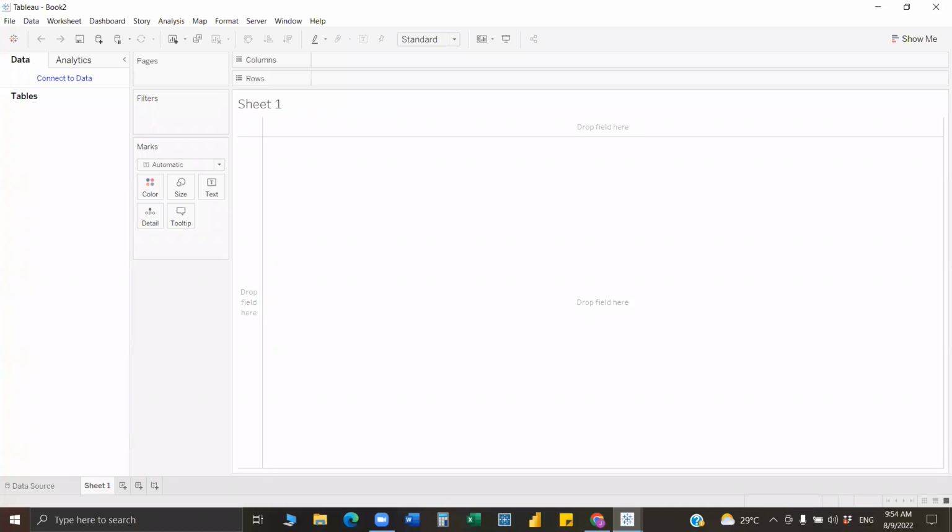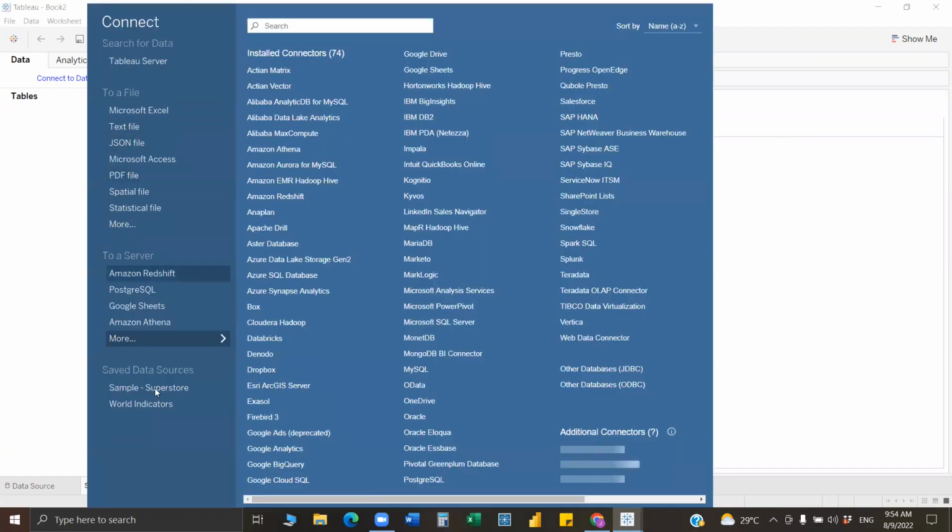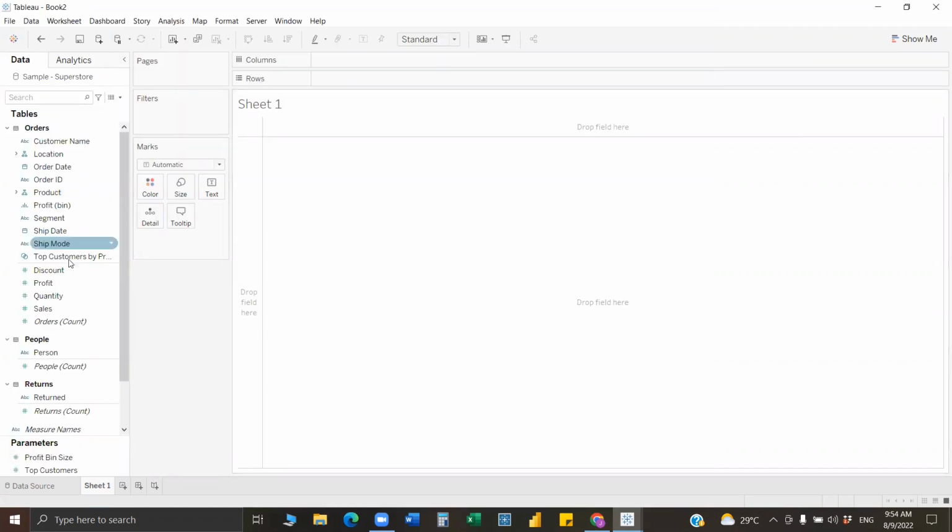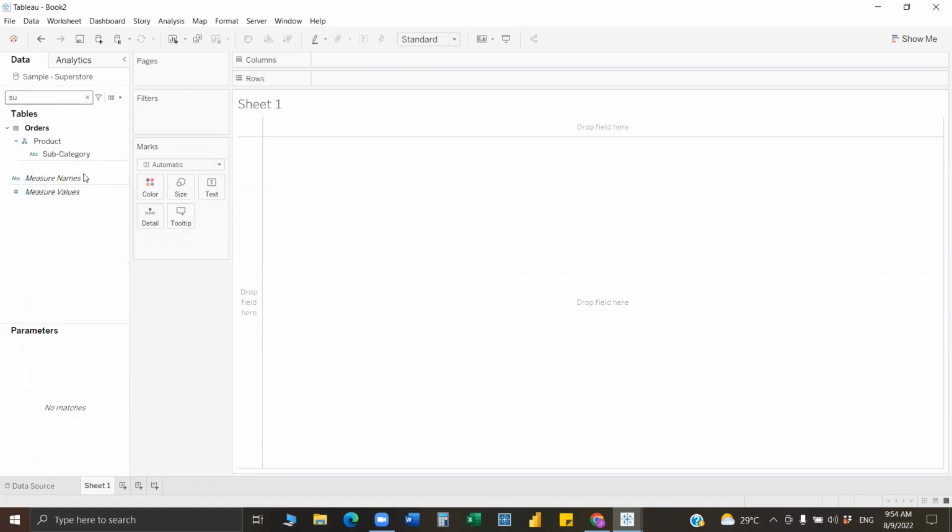So first we'll be trying to cover a waterfall chart with a single measure and dimension, and then we will try to figure out the challenge with multiple measures and what are the ways to come up with the multiple measure waterfall chart. So that's the plan for today. Let me quickly connect to the sample superstore data, and let me create the waterfall chart with a single